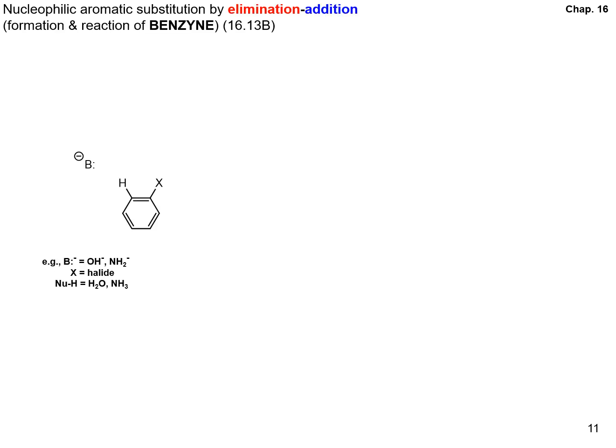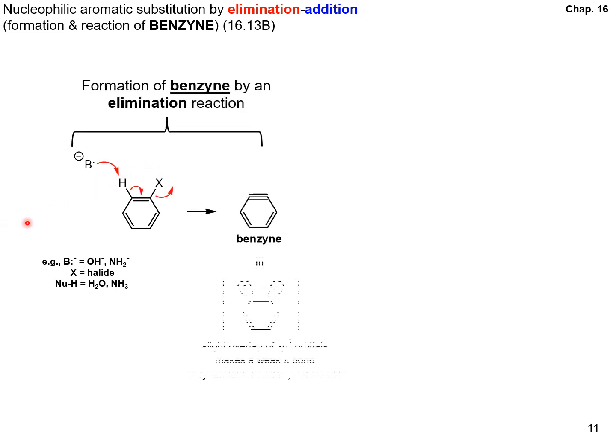The second type of nucleophilic aromatic substitution described in your textbook is nucleophilic aromatic substitution by elimination addition. The example that you saw previously had an addition occurring before the elimination. In this case here, we do an elimination, and it's followed by an addition. You must have a benzene ring that has a leaving group with a hydrogen on the carbon next door. Treatment with strong base will do an E2 type of elimination, and you get a reactive species which is called